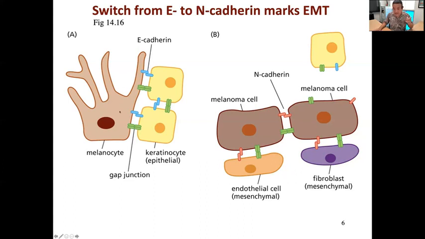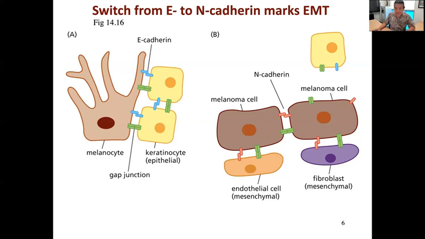But the melanocyte is not supposed to go away. So here you have the melanocyte joined up with the keratinocytes so that it does its normal functions. But what happens if the melanocyte gets damaged by UV radiation and it doesn't properly undergo apoptosis? One of the things that might happen as it becomes a melanoma cell is because its mutations are causing it to get messed up, it may actually switch between the normal E cadherin, shown here, the blue ones, that normally allow it to preferentially associate with epithelial cells.